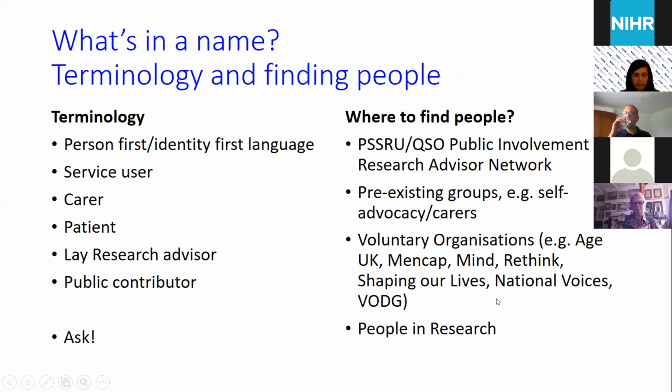We also wanted to say just a little about terminology and something to be aware of, both in applications and in working with people. Some individuals may reject certain labels that we commonly use and take for granted. One issue you may want to be aware of is that people with a learning disability, for example, prefer person first language, person with a learning disability. Autistic people, on the other hand, do not always prefer this and sometimes state a preference for identity first language, hence autistic person. Of course, it's important to find out and ask about these things. Terms like service user or carer may also not necessarily be welcomed.